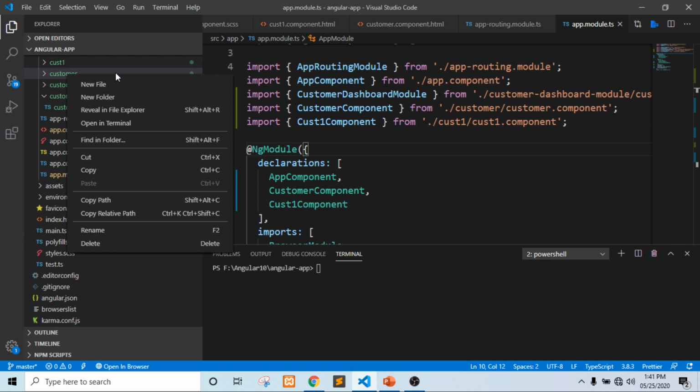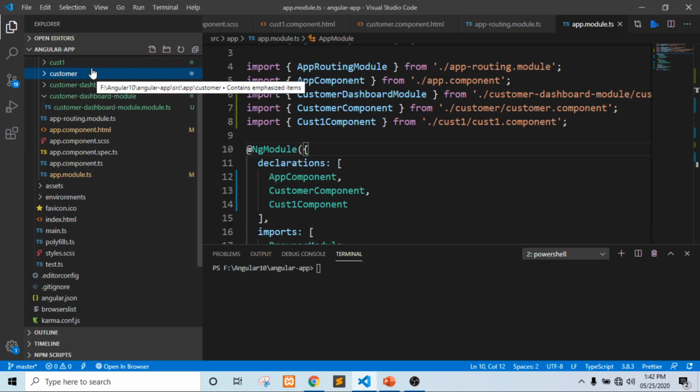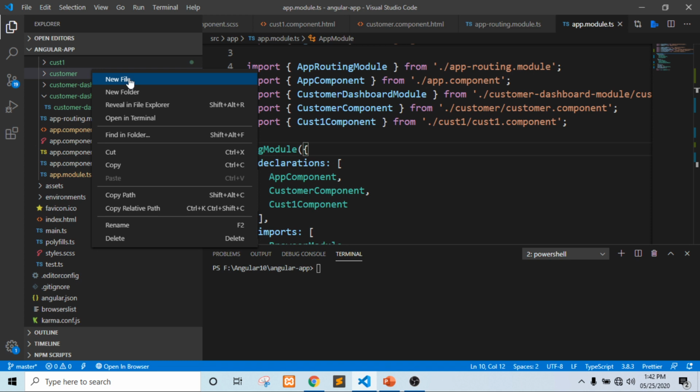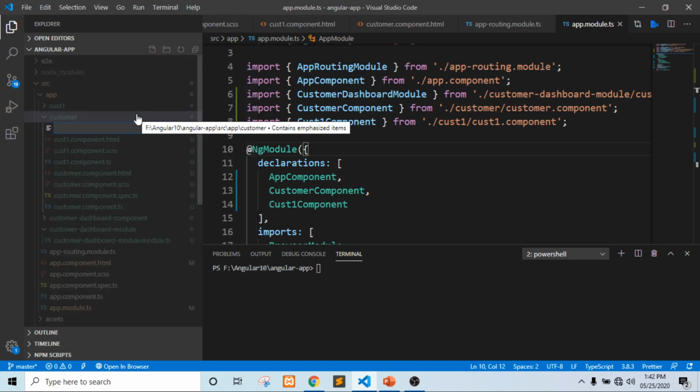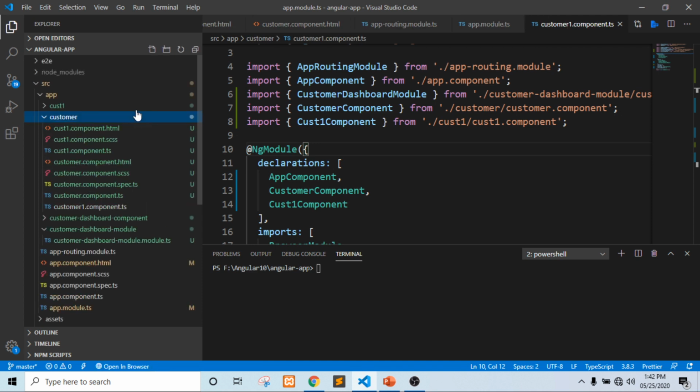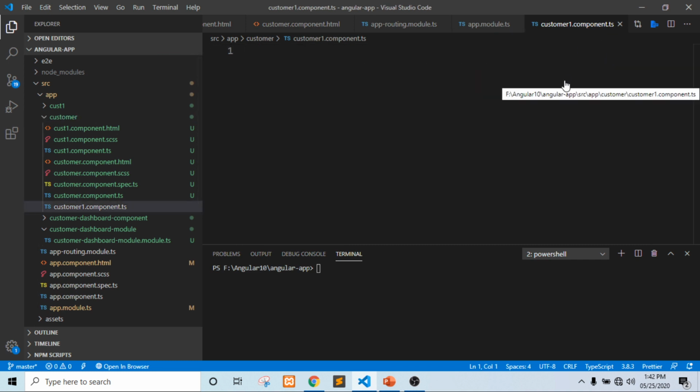Right now, for understanding purposes, I have created one folder, customer, and I am going to add one new file, customer1.component.ts. This is our component file, or TypeScript file, the first file which we talked about.